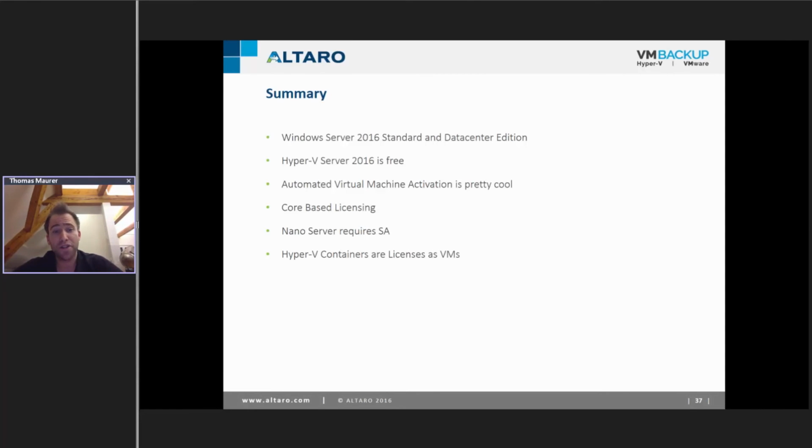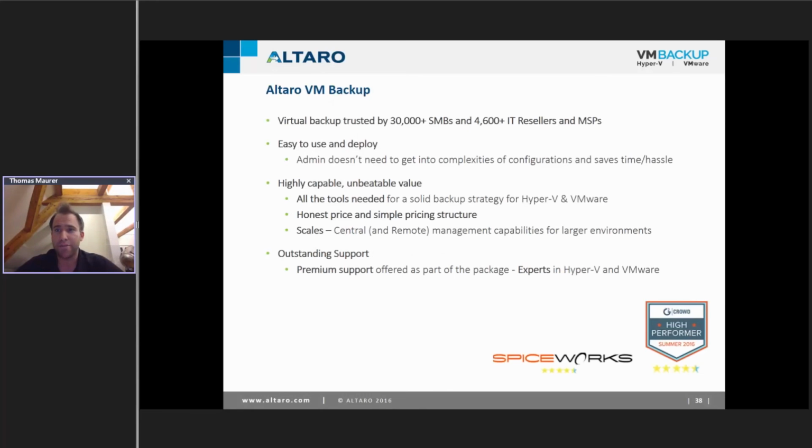And then Microsoft also has the container feature, where you get Windows Server containers, and you will also get Hyper-V containers. Windows Server containers you can basically create on the fly on all your machines, and you don't have to license anything. If you're running Hyper-V containers, you basically license them as virtual machines, right? So, for example, if you use Standard, you could create 2 Hyper-V containers on that host. If you're using Datacenter, you could create unlimited Hyper-V containers. So that was basically it from my side.